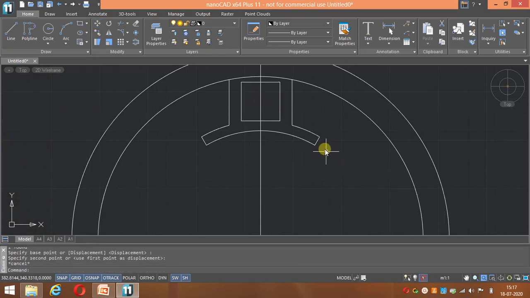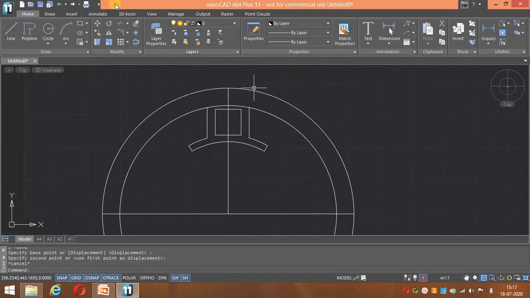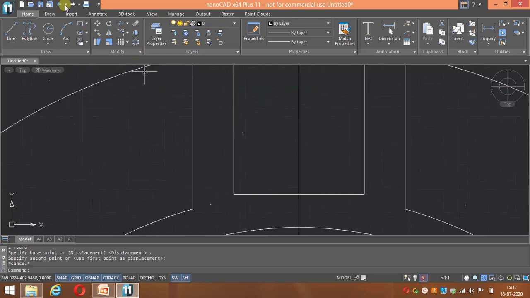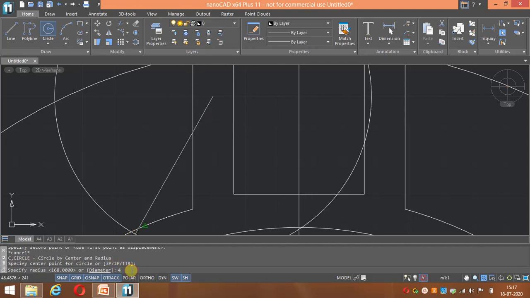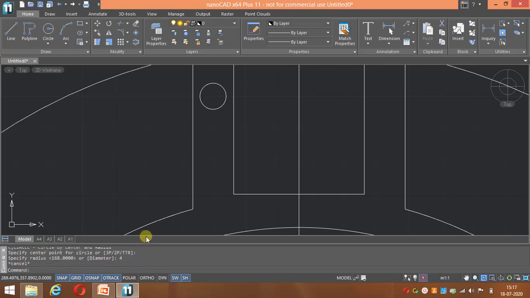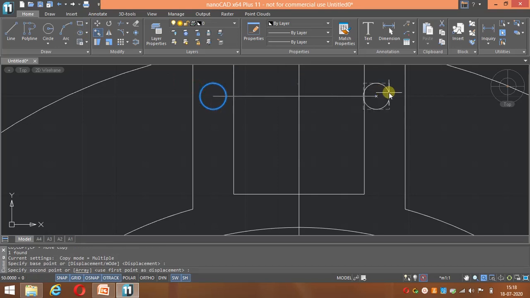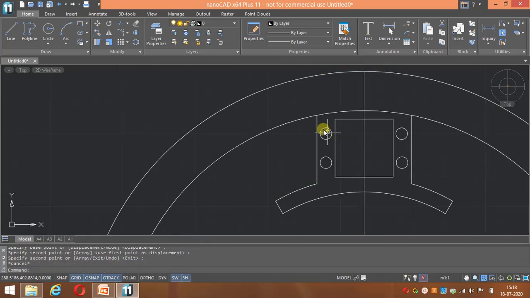Okay, and let me draw some riveting holes at the main pole. There will be 4 riveting holes, which have a radius of 4. I have taken it randomly. So let us go with copy and paste in order to have multiple. Okay, now we have 4 riveting holes, each having a 4 mm dia. You can take another value also, since it is not given.